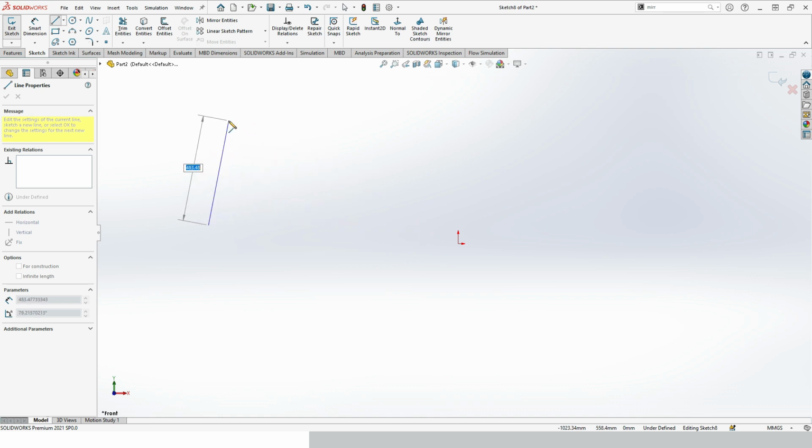Again go to here, try to create the vertical. Okay, so again it will appear. It means it is exactly vertical. That's why the yellow vertical relation appeared. So